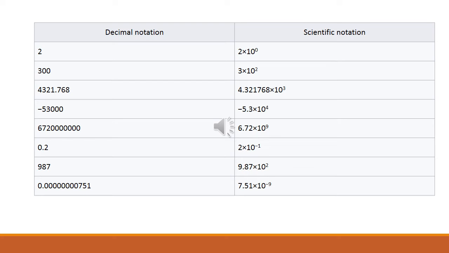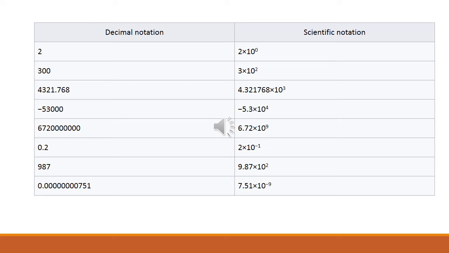But in this value, the decimal is given after 1, or between 1 and 7. So what do we have to do? First of all, we have to shift it towards its actual position, which means after 4, and then we will write it in scientific notation. In this way, you can see that the number of digits between the new position and the actual position is 3, like 1, 2 and 3, which are mentioned.